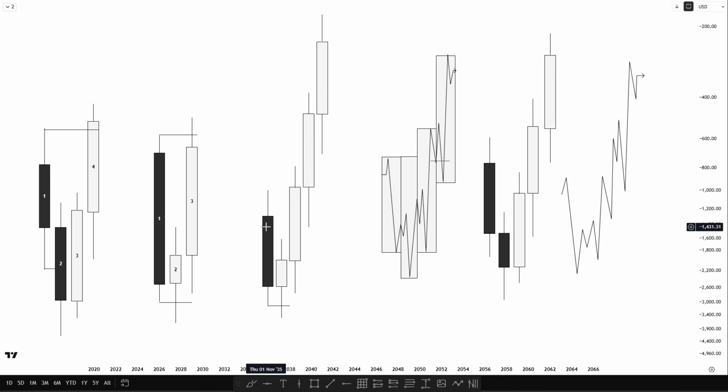Let's say that we have a Friday manipulation. If we have a Friday manipulation, usually Monday is going to expand a lot of the time. If Friday manipulates, Monday is going to open high and expand, and the whole week is going to be bullish, most of the time. So Monday expands,